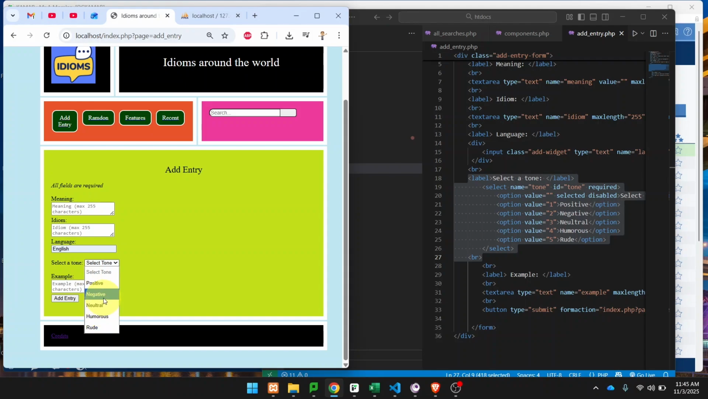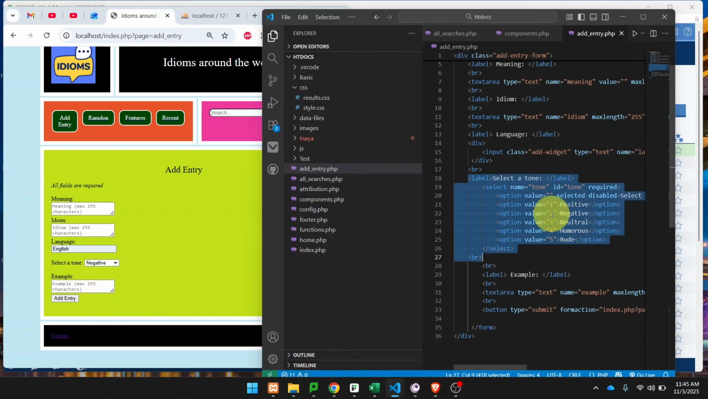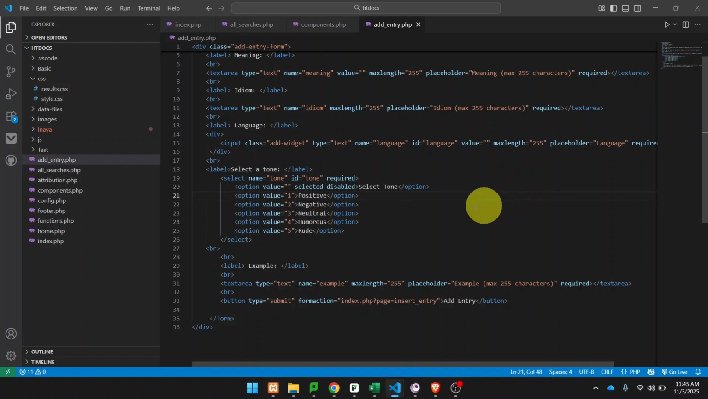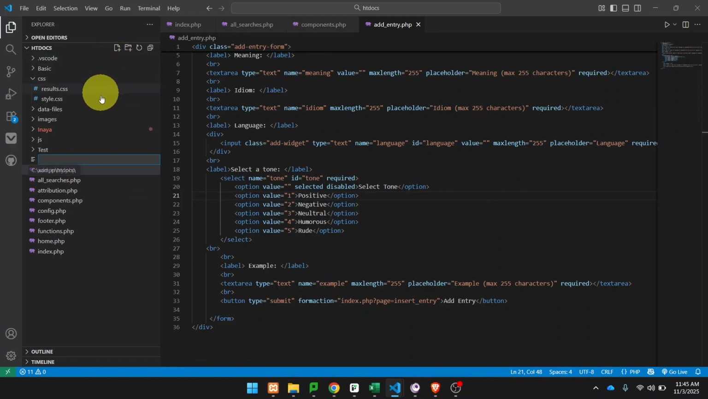Every time I click on one of them, negative, for example, what they are going to send is the number 2. And finally, we can add one example. At this point, it's not working because we haven't added the remaining code. We are going to add the entry page. For this, we are going to create a new file. It's going to be called insert